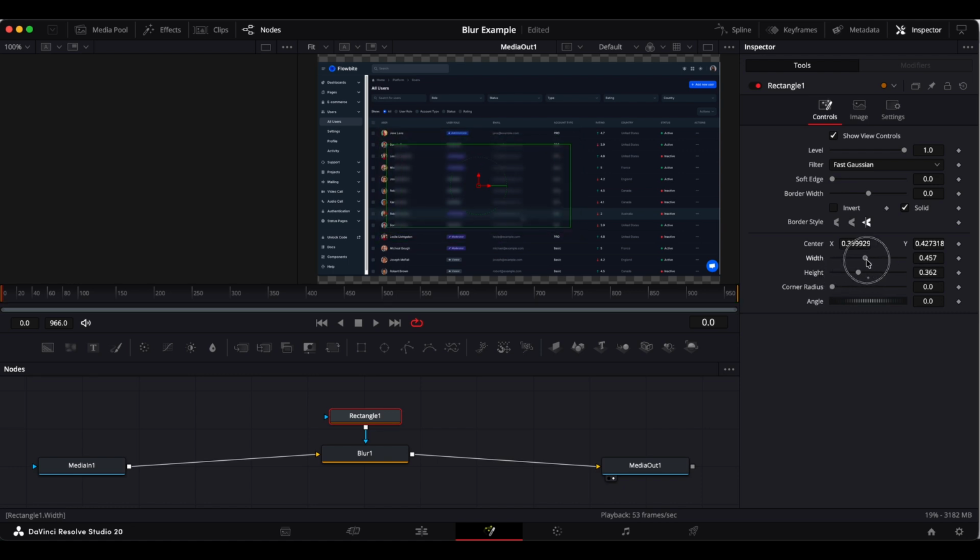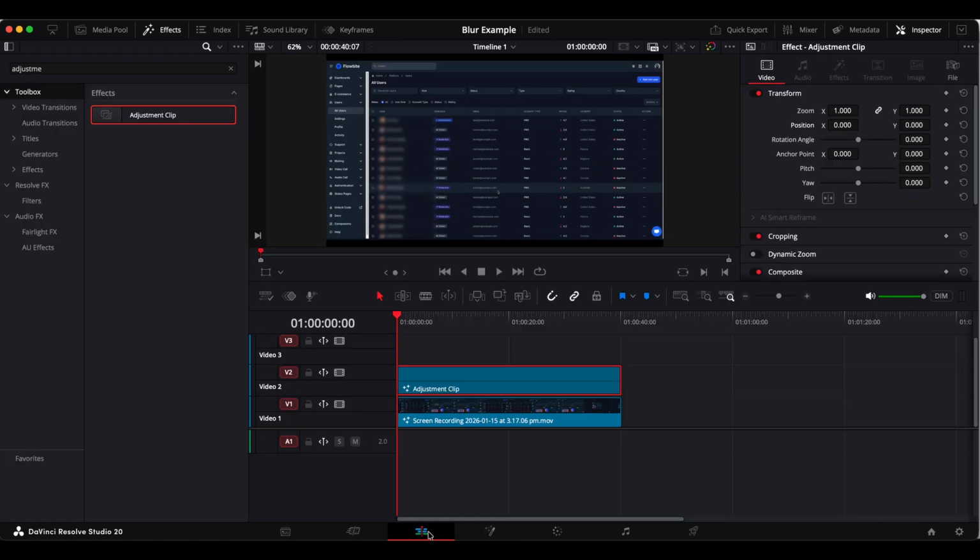So we can do that now. We're just going to blur this column of names. So we'll stretch that out to the full length of the view, and we'll put it to a slightly narrower width, and then we'll move it on the screen so that it blurs out these names, which is fine. And if we go back into the editor, you can see that it's applied the blur